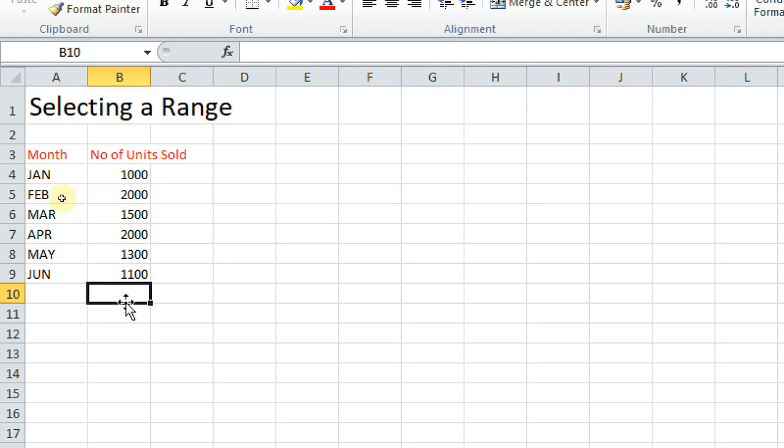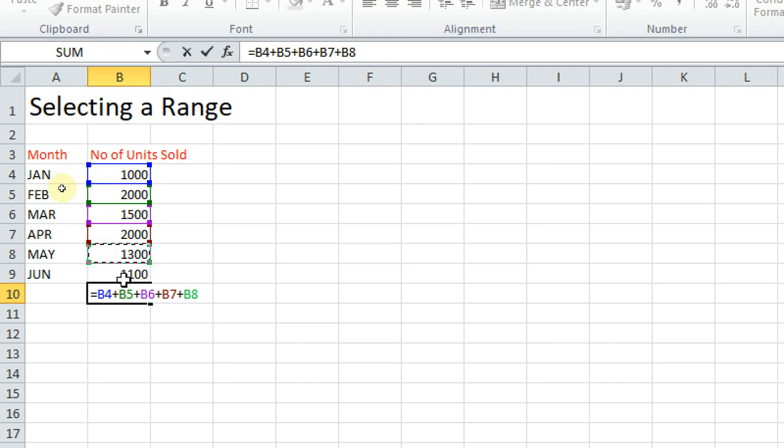Now just see, if I have to add this total number of units sold, what I should do? Earlier, the method I have told you is simple: is equal to the cell address B4 addition B5 addition B6 addition B7 addition B8 addition B9. This is a step I have told you earlier. We can subtract, multiply, anything we could do, but it is time consuming. It takes more time. If I press enter key,